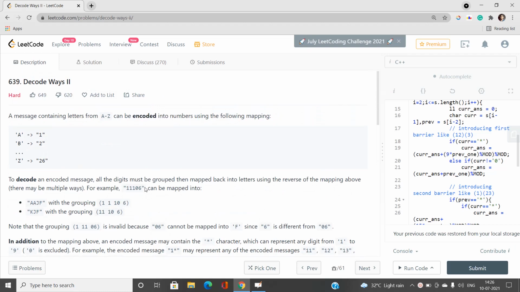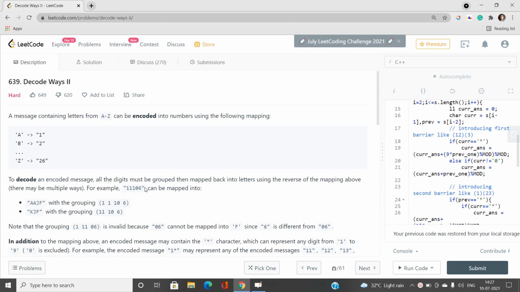Okay, so if you talk about the prerequisites to solve this problem, it is the concept of dynamic programming. Because for answering a particular state, like what is the total number of ways that we can decode a particular string on the basis of certain conditions that I am going to talk about right now. That is, if we talk about the total number of ways to decode a particular string at a current state, we need to know the answers for the previous state, right? I'm going to talk about all this in detail. For now, let's read out the problem statement and understand it, and then we will together build up the best solution for this problem, right?